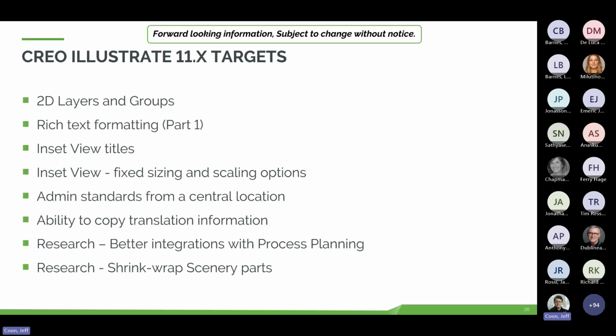In addition to doing it with Windchill, we're also adding the capability to say, hey, on some file server somewhere I want to keep my standards, and then have all the individual clients point to that location and